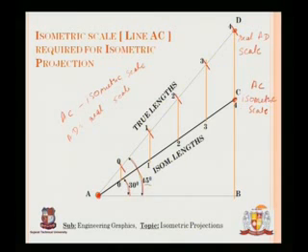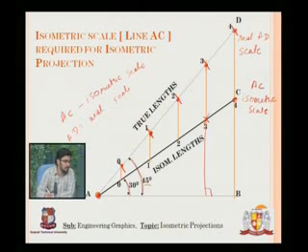Right. So the next procedure that we need to do is, from all these points, this point, this point, this point, 0, 3 and 4, we need to drop perpendiculars on these lines. Say I'll start from 3 to 3 dash. This is a perpendicular that has been dropped on B. So this perpendicular intersects at this point. Now this point is 3. So this scale has started to form. Again, this is a perpendicular and it intersects at 2. Similarly, this intersects at 1, and so on. This intersects at 0.